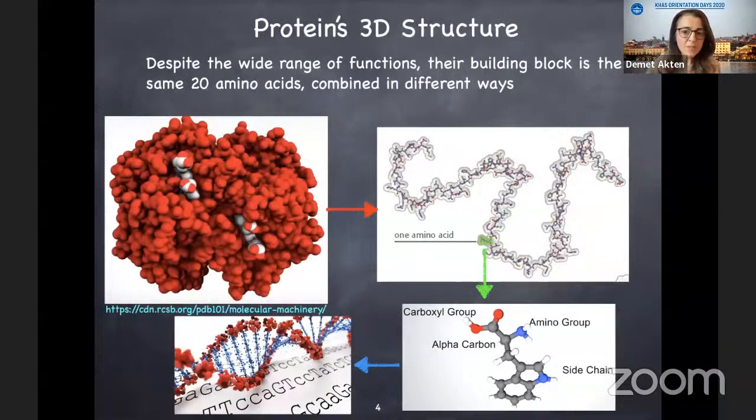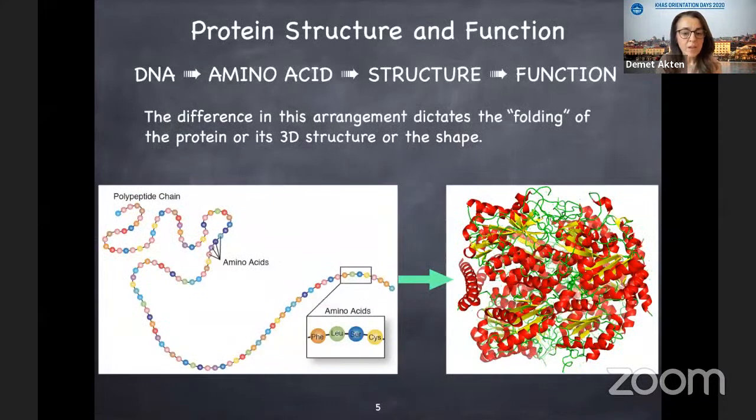So we have 20 different side chains, which make 20 different amino acids. And these types are simply encoded in our genes, in our DNA. And these 4 letters, A, G, C, T, simply determine what would be the type and the order in our body. And finally, when it is synthesized from the ribosome, it is simply built as a shapeless